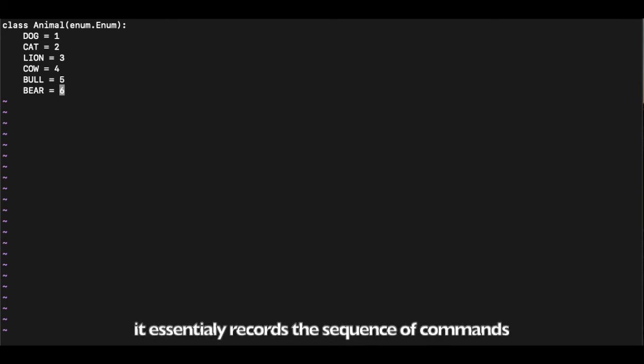So this is essentially what it does. It records the sequence of commands and then replays it as per our need. This is somewhat similar to the dot command which repeats your last execution, but it doesn't restrict us to the last executed command. Here we can have a combination of multiple commands. So that's what macro does for us.